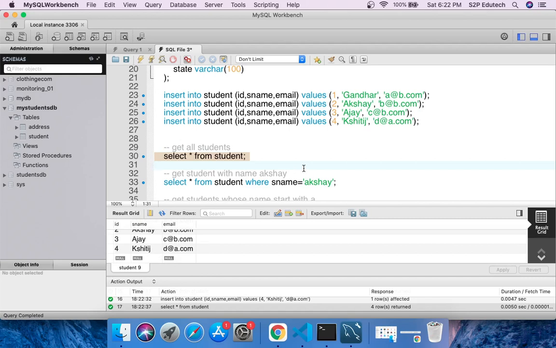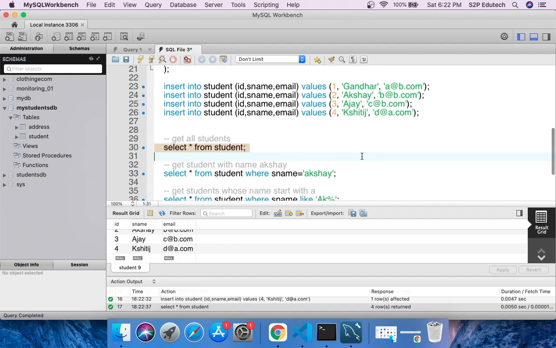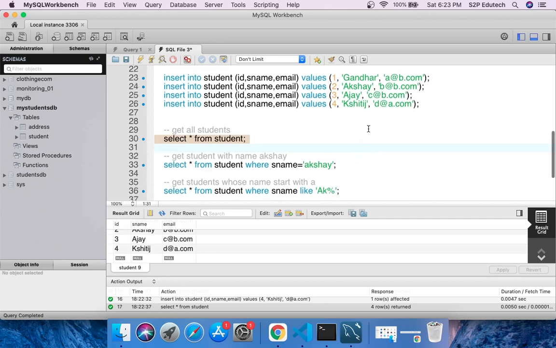Now the next step is, I want you guys to write this query, or tell me what the query would be. What I want is to fetch all the students whose email id ends with b.com. It should fetch me only these 3 students, Gandhar, Akshay and Ajay.